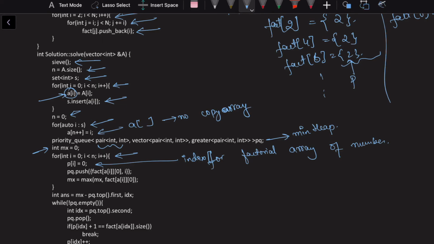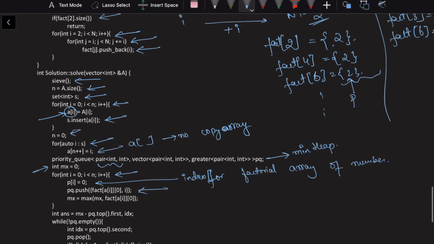Then inside of my priority queue, what I'll push is the first element from that array, that is factorial of whatever element I have, ai, from the no repetition copy array, the 0th element. And I'll also put what index that particular element is at. Then I'll update my maximum.